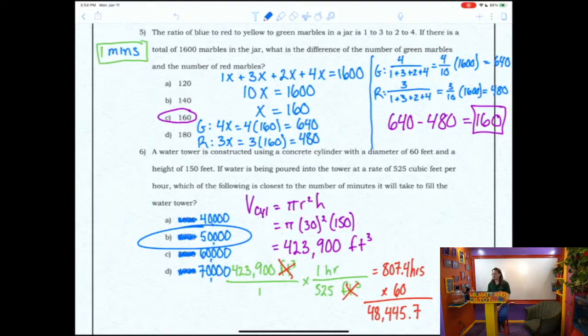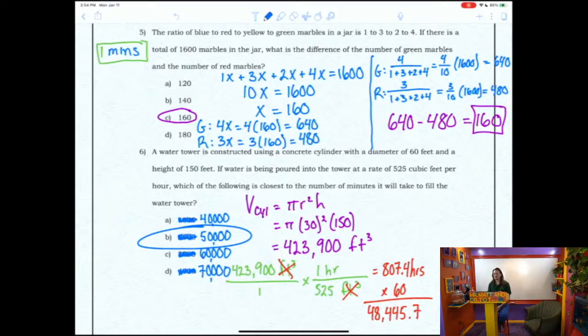So I do want to flip it around here, so then I can cancel cubic feet with cubic feet, essentially doing the same thing as just dividing by 525. But in order to know that that's what you should be doing, you need to keep the units attached so you know that the result checks out. Cubic feet cancels with cubic feet, leaving me with